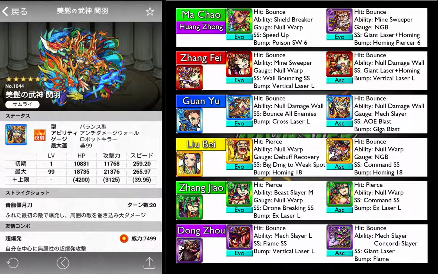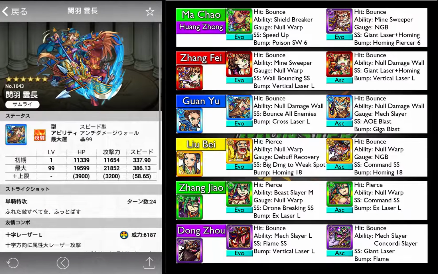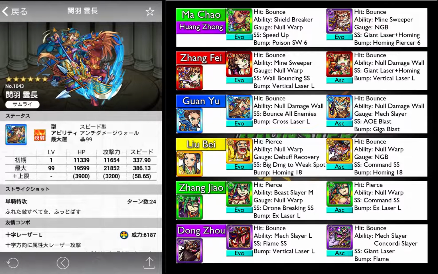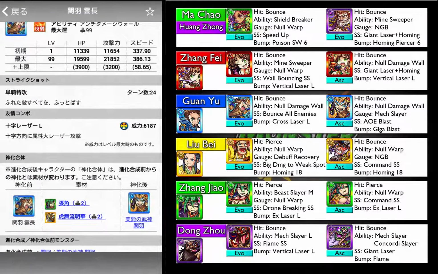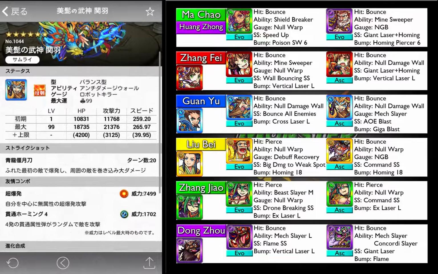If you want a better no damage wall monster, I think. Let me kind of check here, but I think this Guan Yu is a better no damage wall monster. But in terms of impossible, and there is an impossible dungeon for him, Ascend version, and he's not a bad no damage wall monster himself in this sense either. But